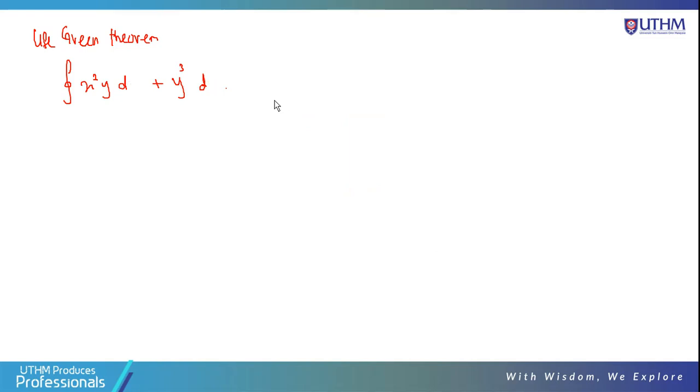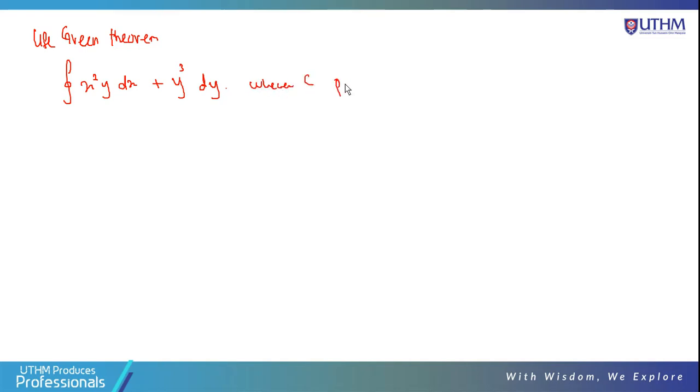Okay, x kuasa 2, y kuasa 2 dx. Okay, dy, this one dy respect to x dx. Okay, then this one dy lah. Okay, dx dy. Okay, so this dx, this one dy,